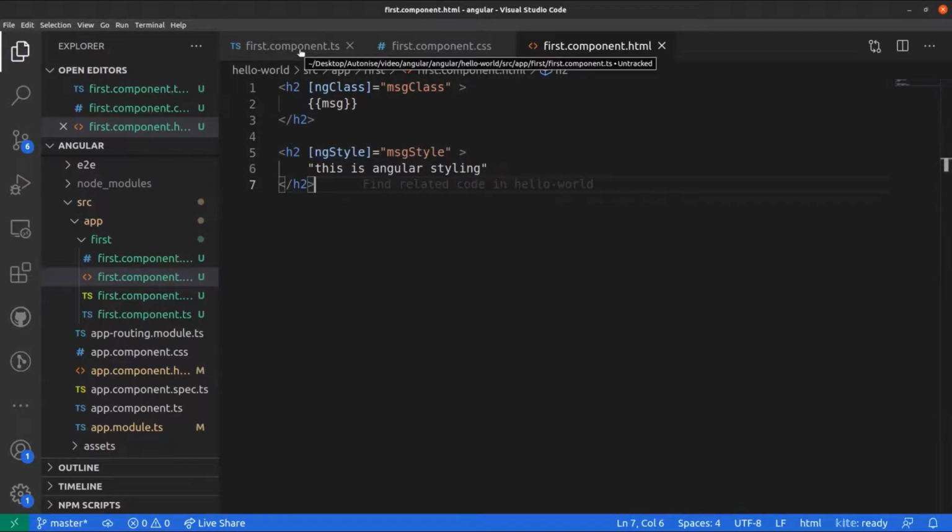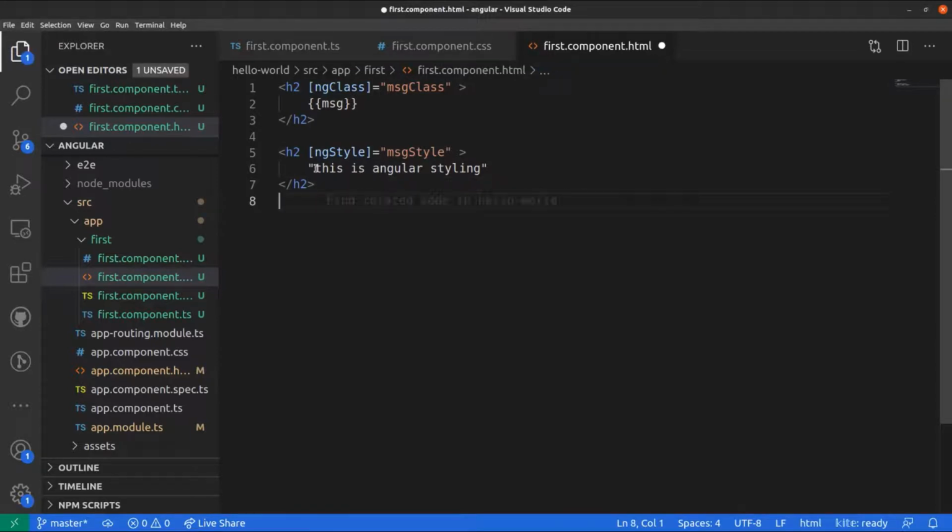And the last one of the one-way binding is event binding. What is event binding? Event binding is something similar to how we used to work with DOM events. So here we can have a DOM event and we will bind it to some variable or some object inside our TypeScript code. So let's have a button, and inside this button, let's have a variable. We'll call this variable button variable